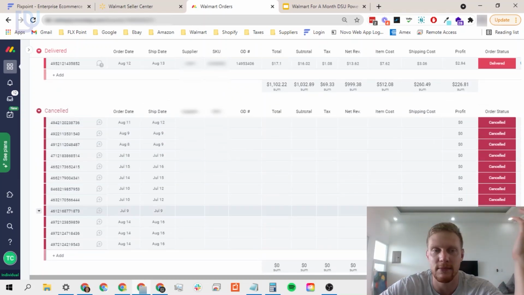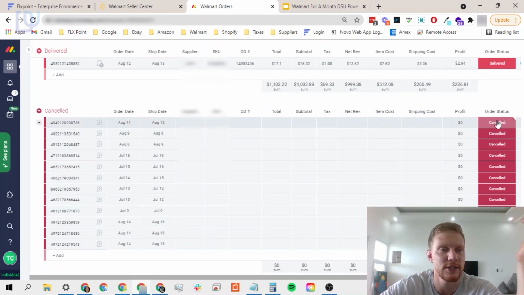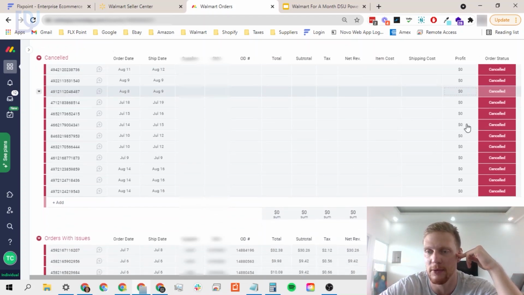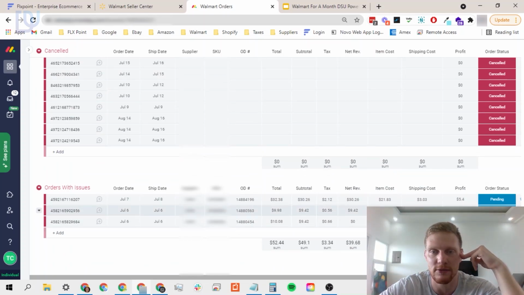I ended up having to cancel about this many items because of connection issues between the software and Walmart. It could have been something on my side, but again, I consider myself fairly well versed in software and fairly well versed in trying to get this stuff to work, and Walmart doesn't help you out any step of the way. And there are some other issues here, but these are just orders with issues that,